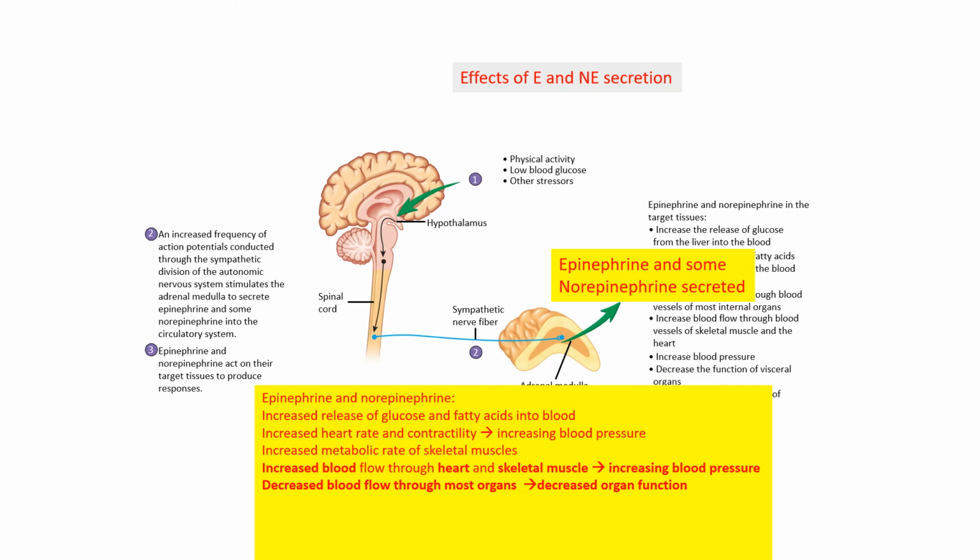throughout the body. There will be an increase in blood glucose, an increase in fatty acid released into the blood, increased heart rate and contractility of the heart, which will increase blood pressure, and increased metabolic activity of the skeletal muscles. There will be an increase in blood flow through the heart, skeletal muscle, and other large blood vessels in the middle of the body, which further will increase blood pressure, and decreased blood flow of peripheral organs,